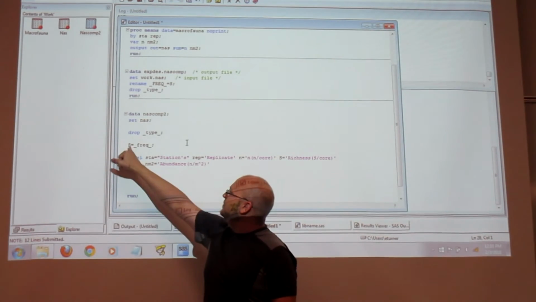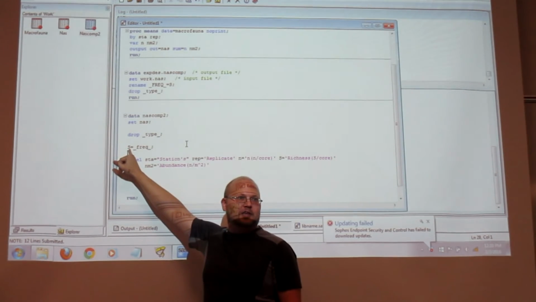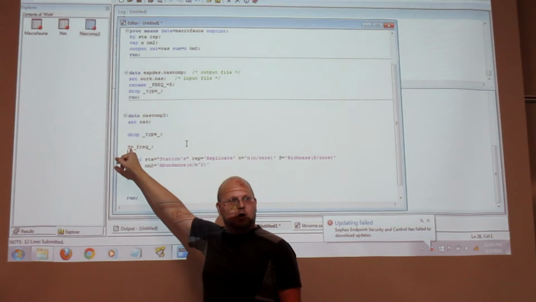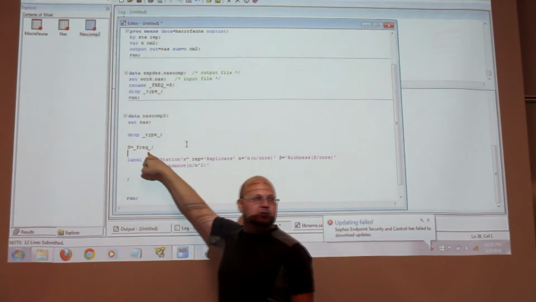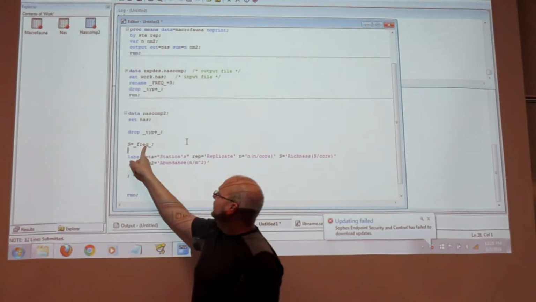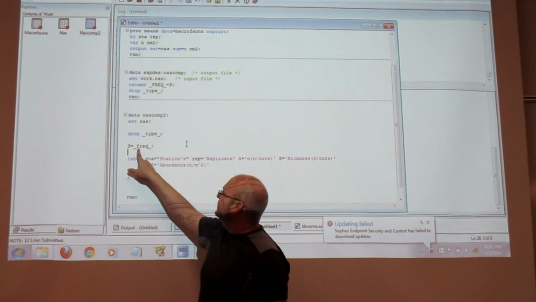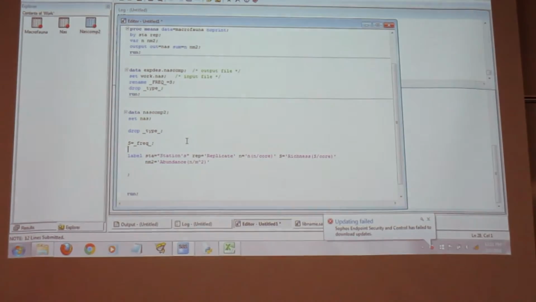And if it doesn't come up as a keyword, it can't figure out what S equals means. It thinks, well, S is going to be a new column then. And whatever is on the other side, I'm going to put in there. Okay? And now we would put whatever is in frequency in S. And that should execute.